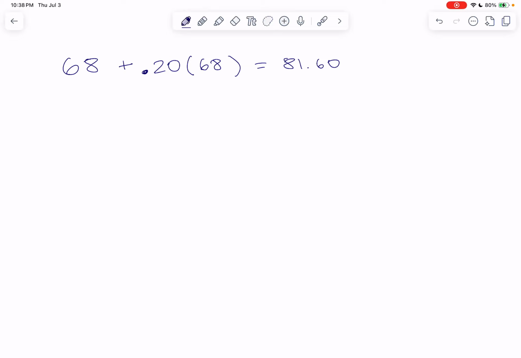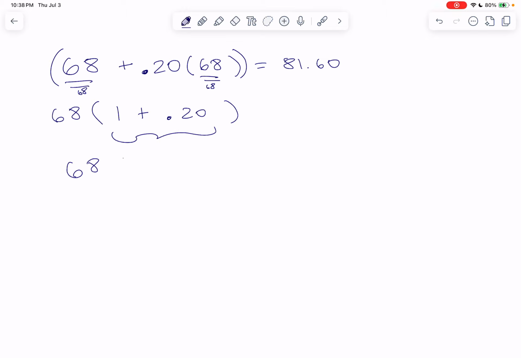So I'm going to take these 68s here and I'm going to undistribute them from here. I'm going to take the 68 out. I'm going to divide it away. 68 divided by 68, so I can put it on the outside, leaves me with 1. And 68 divided by 68 over here leaves me with 1, but I'm also left with a 0.20. Now, if I simplify what's in here, I get 68 times 1.20. And if I punch that onto my calculator, you'll see I get absolutely the same result,